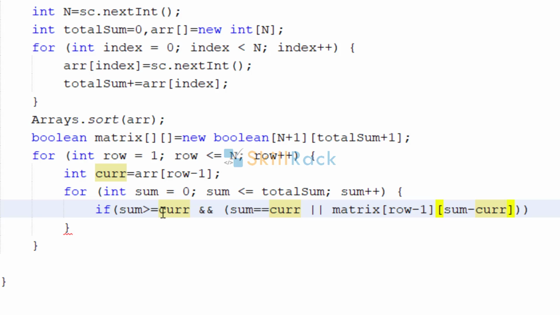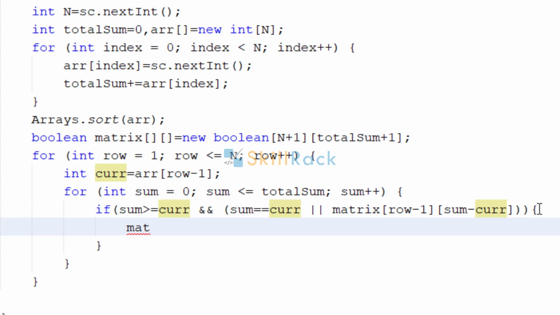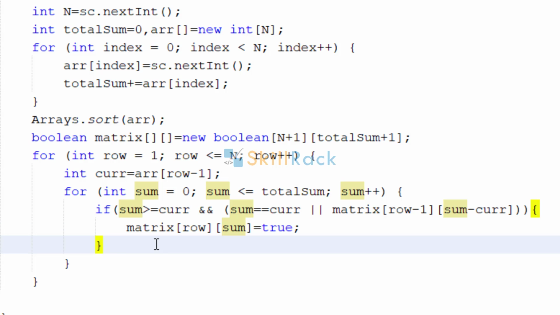That is sum minus current value in the previous row. That is why we have given row minus 1. So if any one of these things is true, then we can say matrix of that current row, current column. Current column is nothing but sum. So this will be true, right? So that is when this is added, or this itself can give the sum. That is why we are marking it as true.